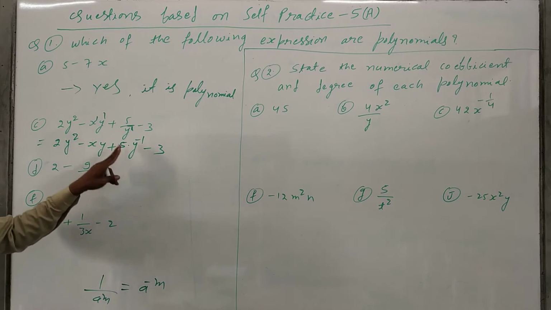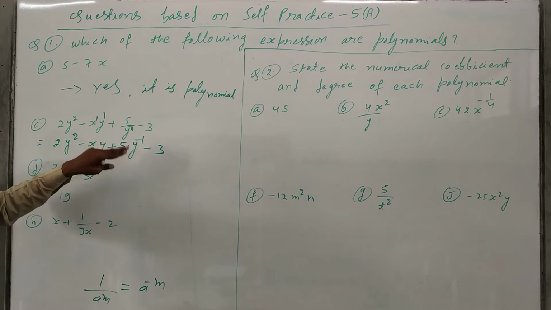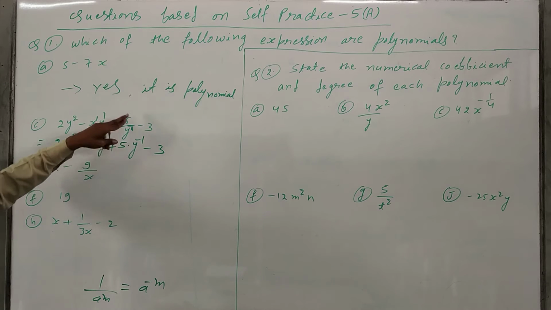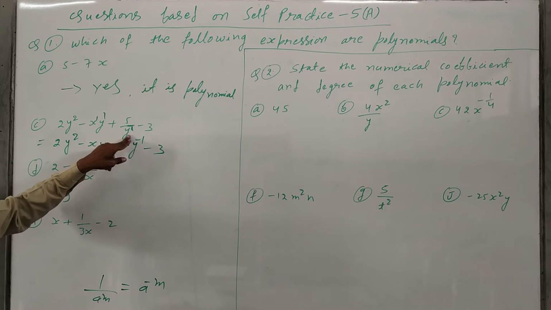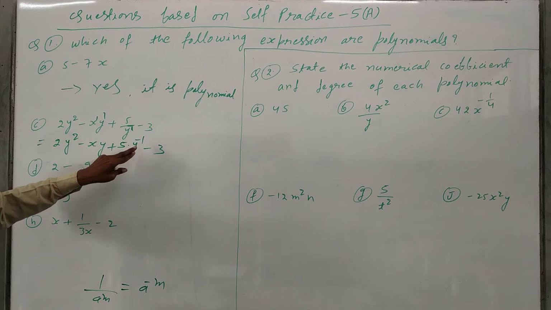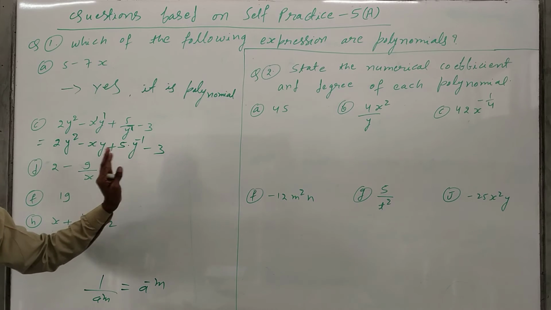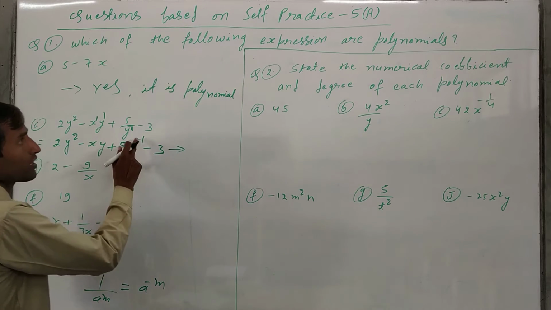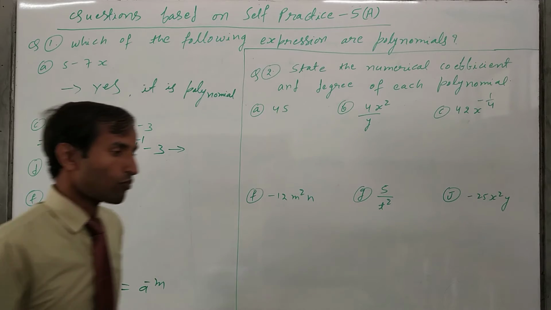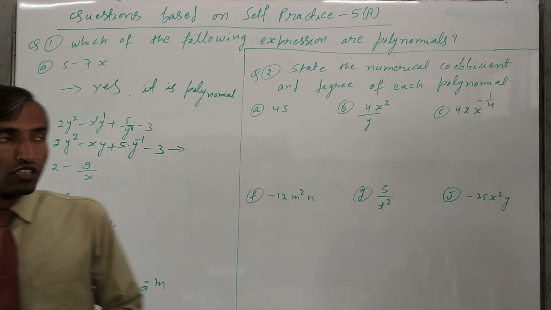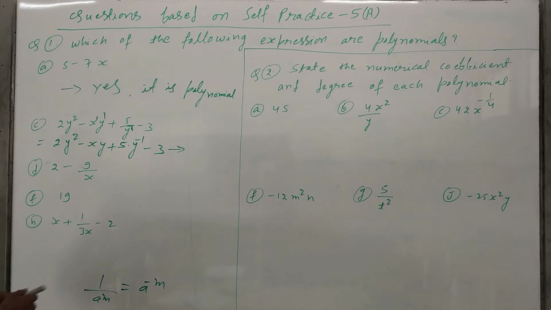So here the power is minus, and when nothing is written, power 1 is there, which means in place of m is 1. That will go upper, the base is y and the power is 1, then it goes to the numerator part and the power will come in minus. So this power is negative. So it is not a polynomial, because I already explained in the polynomial definition that the variable power should be a positive integer. Here the power is a negative integer, so it is not a polynomial.